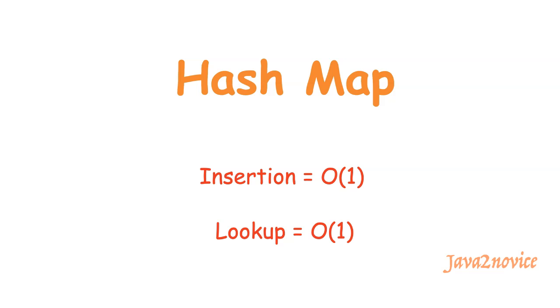What about a hash map? When we think about big O of 1 or constant time lookup, obviously we can choose a hash map. A hash map provides constant time insertion and lookup. But a hash map does not have a mechanism for tracking which entry has been queried recently and which has not. This tracking is mandatory to evict an element based on LRU. So we will choose another data structure.